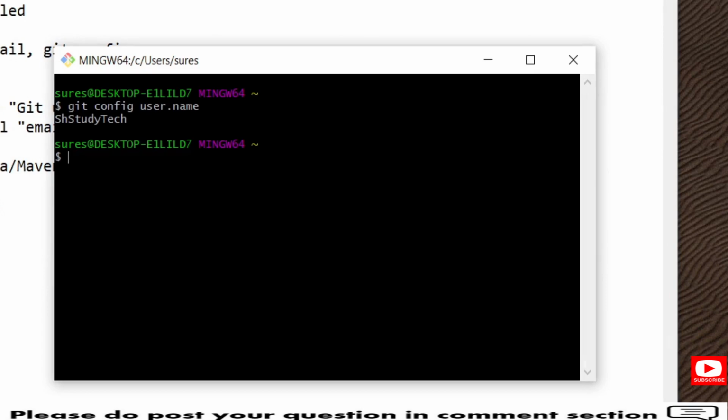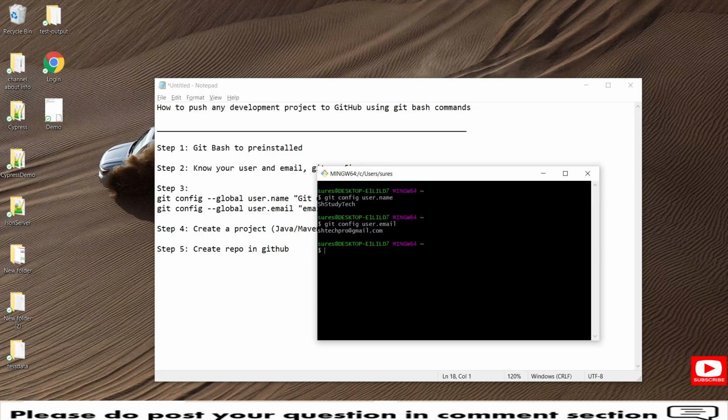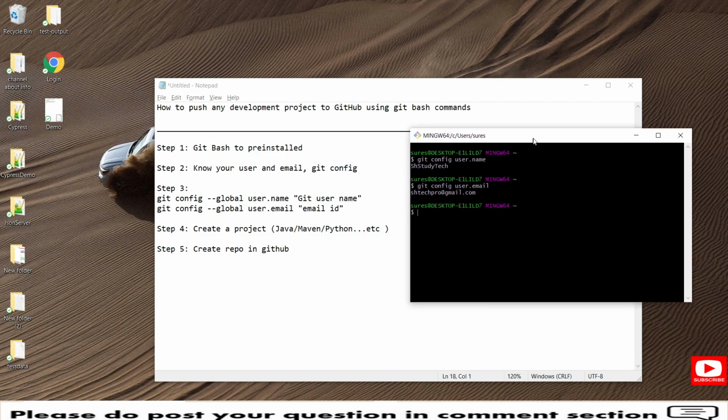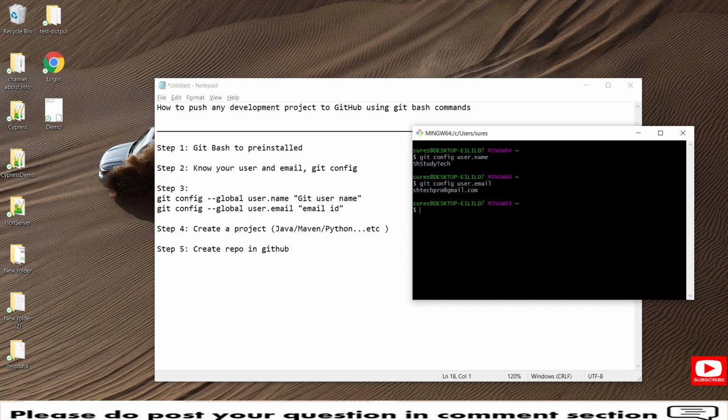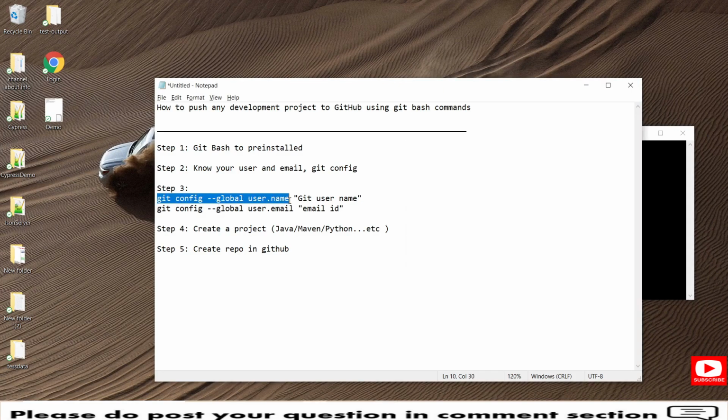Currently this is my username, as a study tech, and I wanted to know which email is configured with respect to this user ID. So for that you need to type git config user.email. So this is the email associated with my GitHub repository, and this is correctly configured. And in case you want to configure values that are wrongly set in your Git Bash, for that you have this step 3 process, which is git config --global user.name.